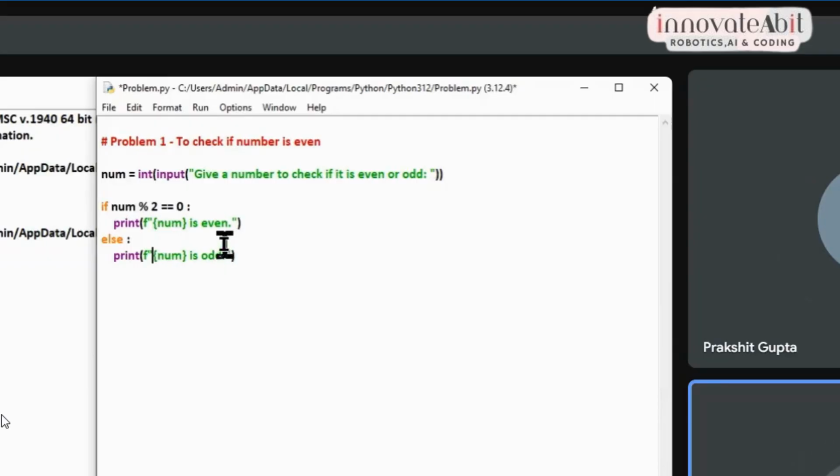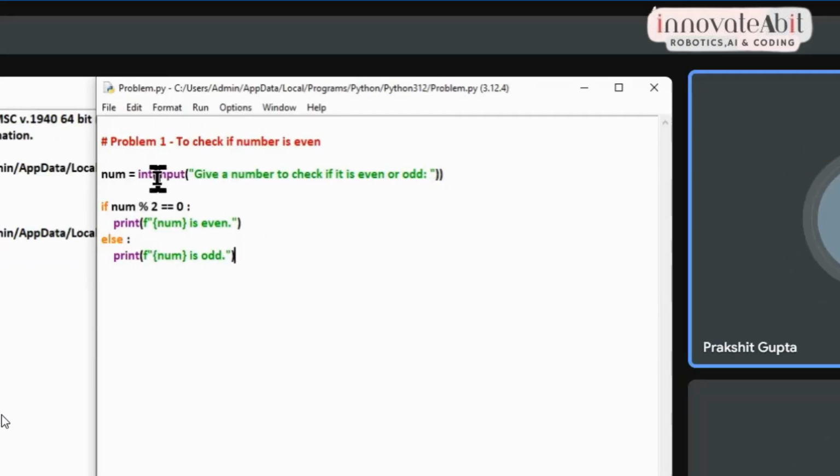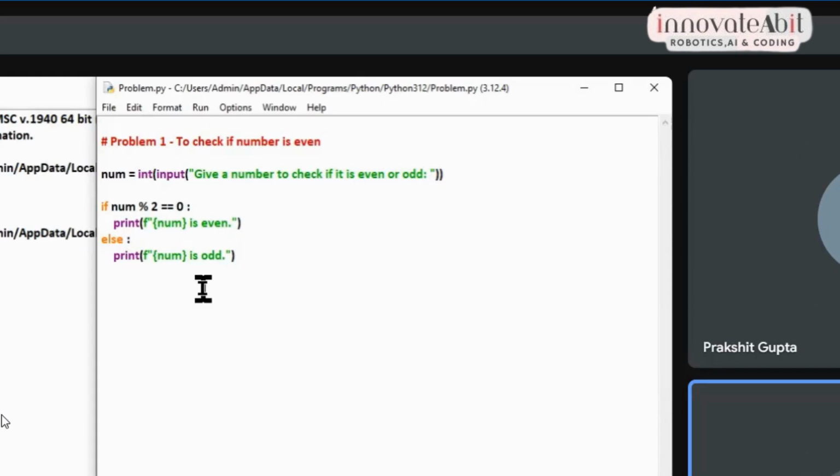And why are you using int there? Because if we remove int, we can't compare a string with an integer. Yes, because by default the input function will take input as a string. So we need to typecast that to the integer. So we are using the int function to convert from string to number. And then you are checking if the remainder is 0 or not. If the number divided by 2 remainder is 0, it is even or otherwise odd. Very good. Now the next problem is